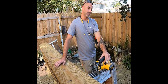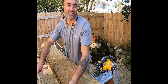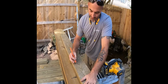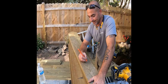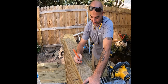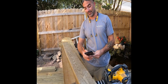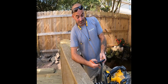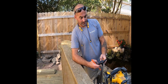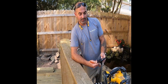So let's say, I'm going to get a pencil. I'm going to take this piece of 2x6 right here, and I'm going to do some math for you. So let's say our number is 114 inches. So take that measurement in inches, we're going to divide it by 7. Now, I'm going to pull out my handy dandy calculator, just so I don't make a mistake. 114 divided by 7, you get